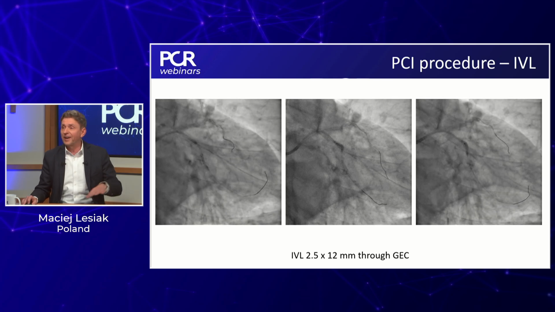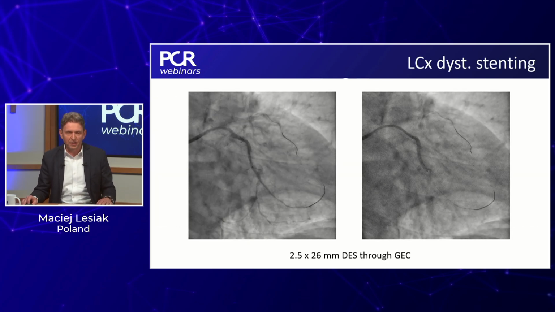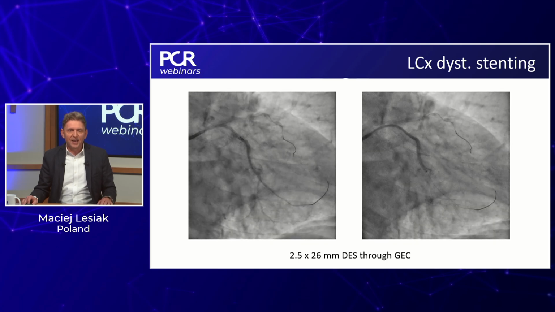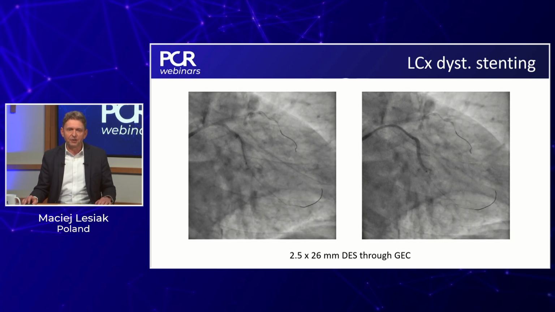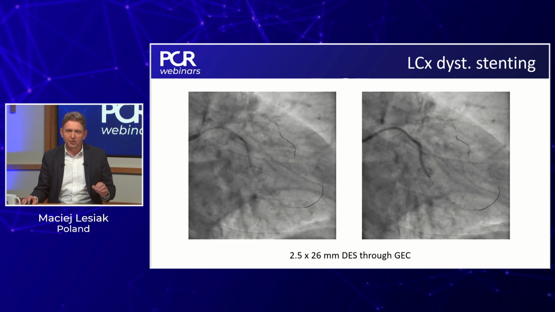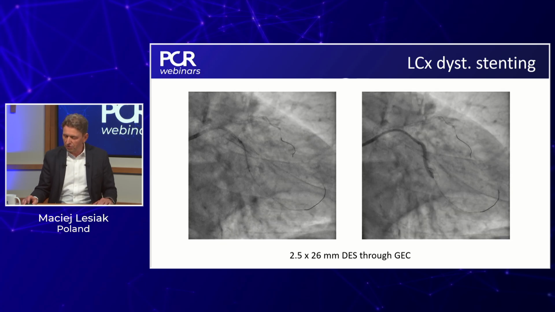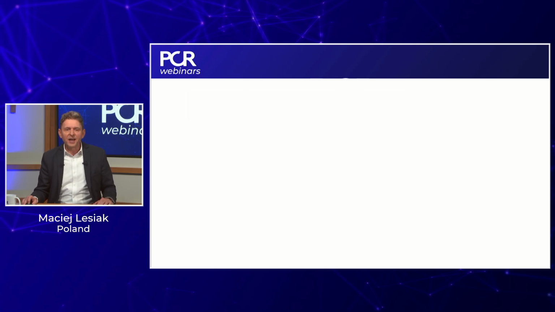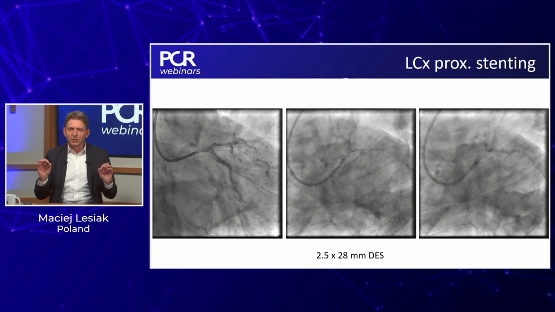So it was a kind of rota-shock PCI. Still having a guide extension in the circ, we managed to deploy the distal stent just to cover the distal lesion, a 2.5/26 drug-eluting stent. And now we come to a very important point, because you have to imagine that it's around